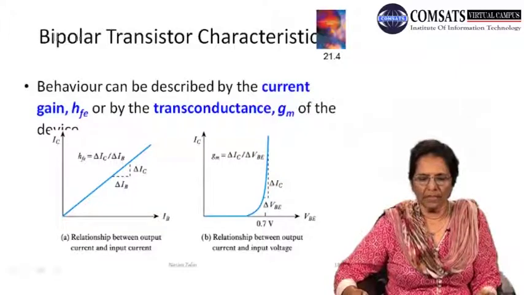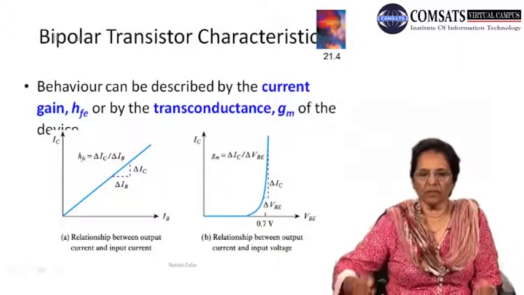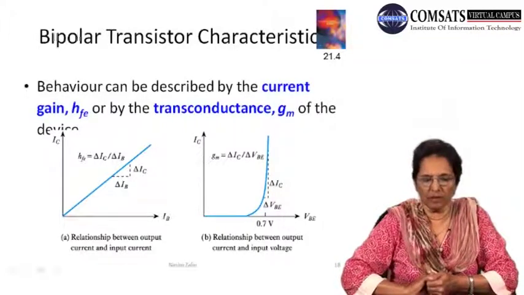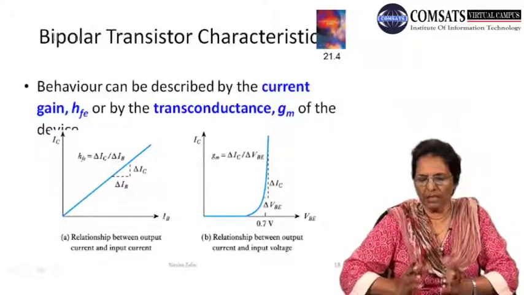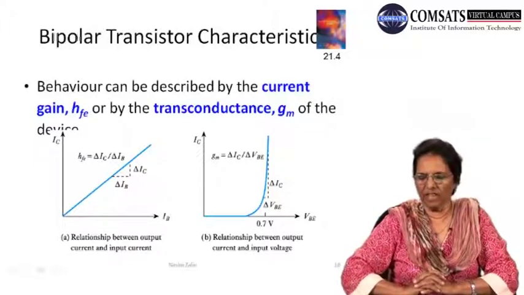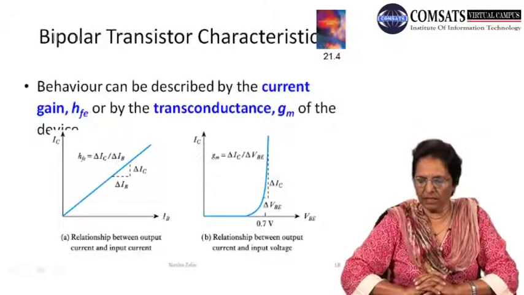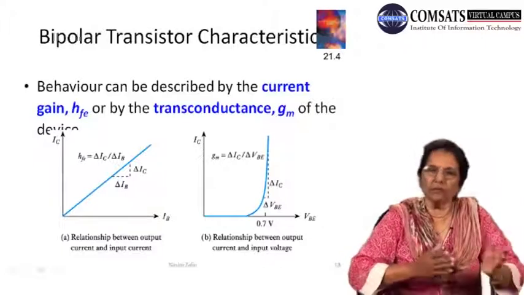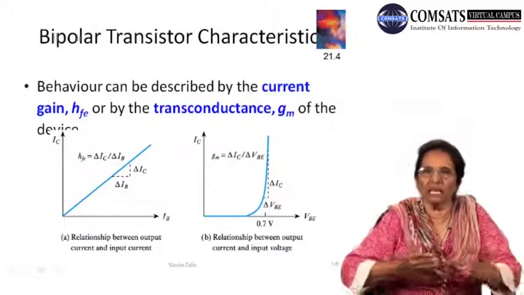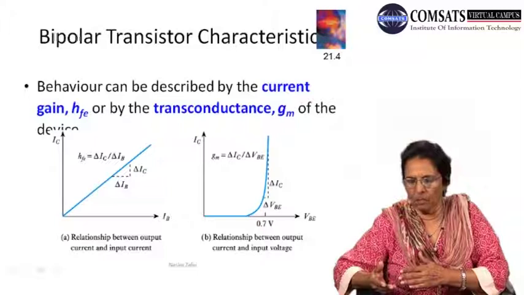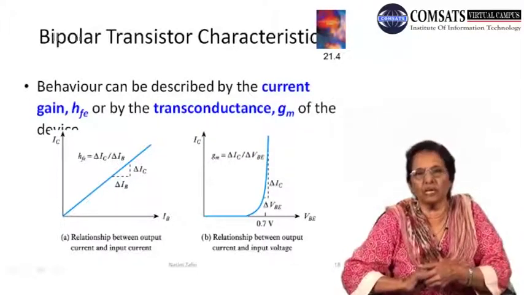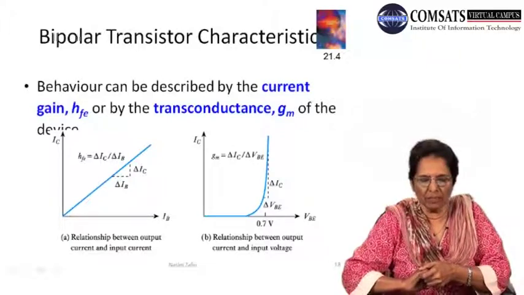अब हम देखेंगे दी बाइपोलर ट्रांजिस्टर कैरेक्टरिस्टिक का इनपुट कैरेक्टरिस्टिक बिहेवियर between the collector current IC and VBE. This is the behavior between the output current IC and the input voltage VBE. तो आप देखेंगे कि it behaves exponentially, जैसा कि पहले हमने डायोड के केस में जिक्र किया था।